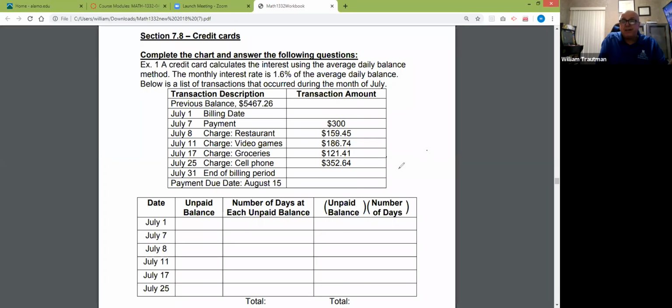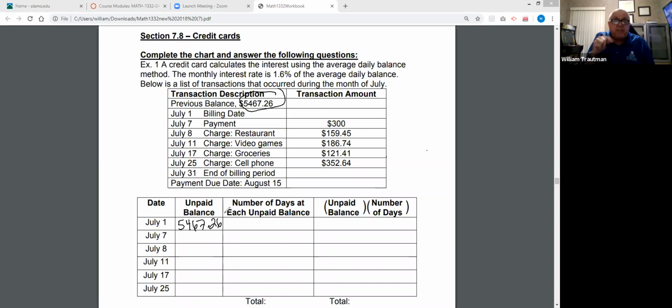The credit card companies have computers that do all this, but we're going to manually do it. On July 1st, our balance was $5,467.26, so I'm putting it in here. And the number of days that our balance was